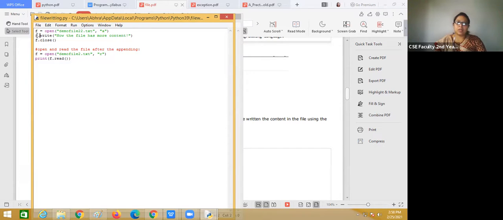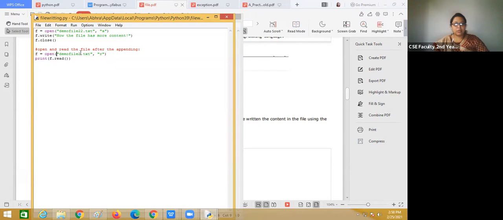So f dot write, "now the file has more content", then we have to close the file, f dot close.